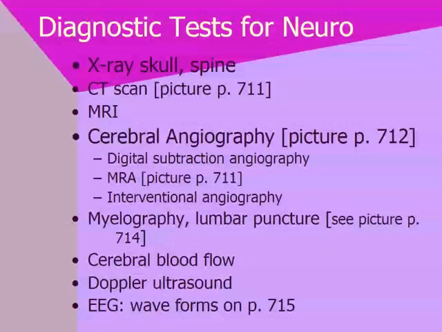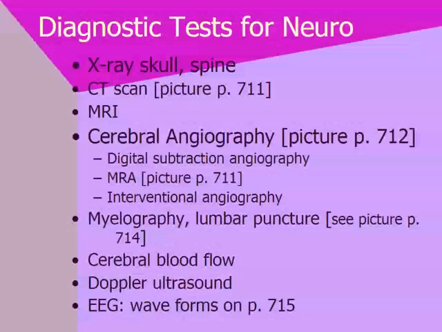DSA is digital subtraction angiography, and it removes any distortions that might be there. MRA, there's a picture of this on 711. This is magnetic resonance angiography. Interventional angiography can be done. Myelography is where they inject a dye into the spinal cord and then take pictures. A lumbar puncture, there's a picture on page 714, and this may take some cerebral spinal fluid in order to